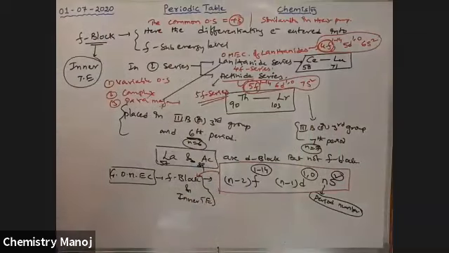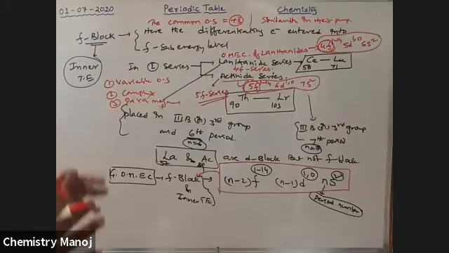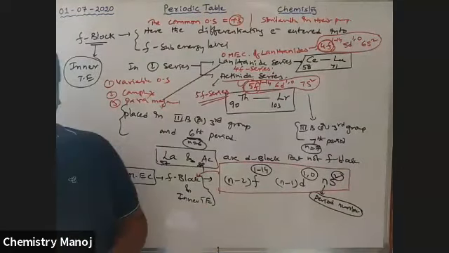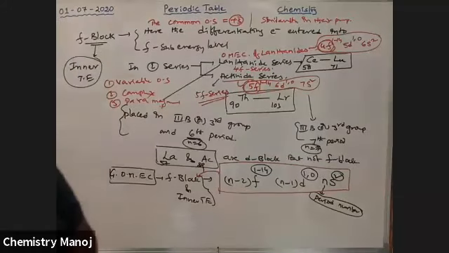Similarities in their properties. All of them have transition elements, inner transition elements, similar. That means they have almost the same size, almost the same color. So they have similarities in their physical and chemical properties, in most cases similarities in their chemical properties. So these are all F block elements, and they have some characteristic properties.